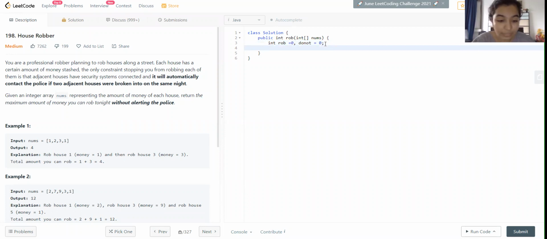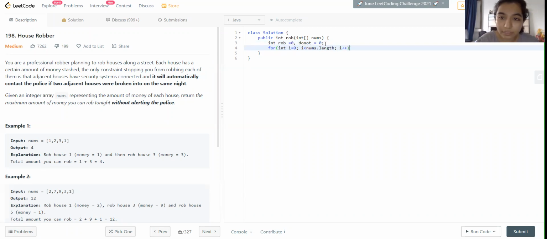Now what we're going to do is we're going to have a for loop here. We are not even going to declare an array, which we generally do in the case of basic DP problems. But this is a little bit modified. Here we're going to start I with 0. In DP, we generally don't start I from 0. We generally start from 1 or 2. Now we're going to run it till nums.length.